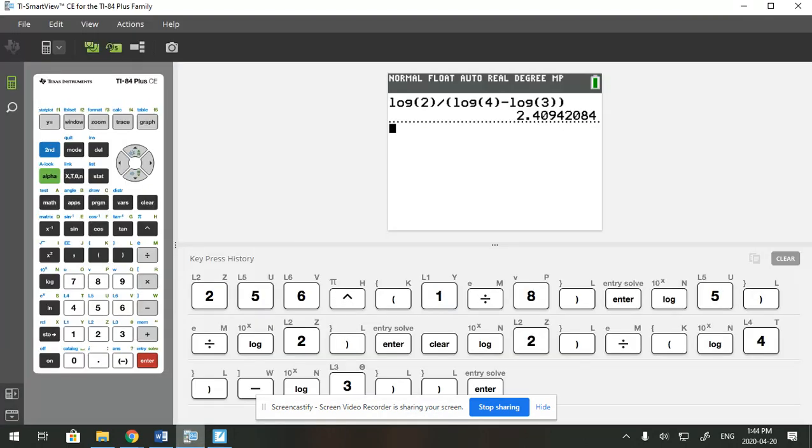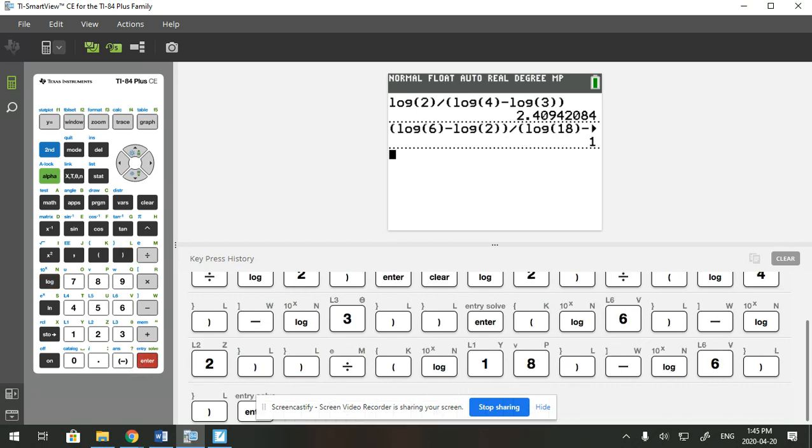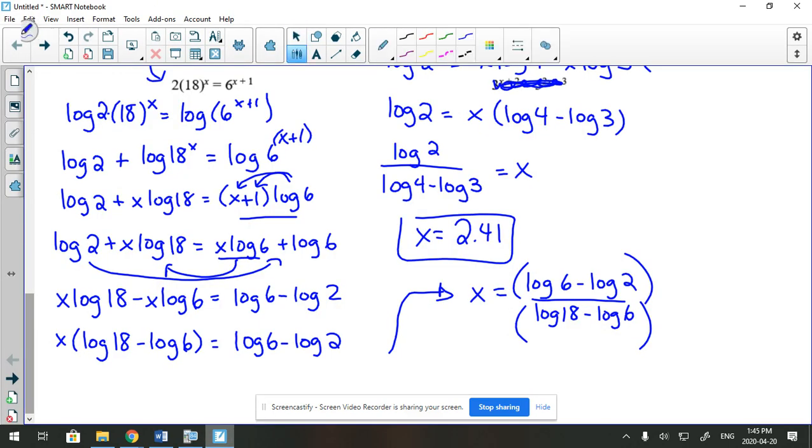So we have a log 6 minus log 2. Close those brackets. And I'm going to divide it by log 18 minus log 6. And close that final bracket. And you should get a nice easy peasy number of 1. So x just equals 1 after all of